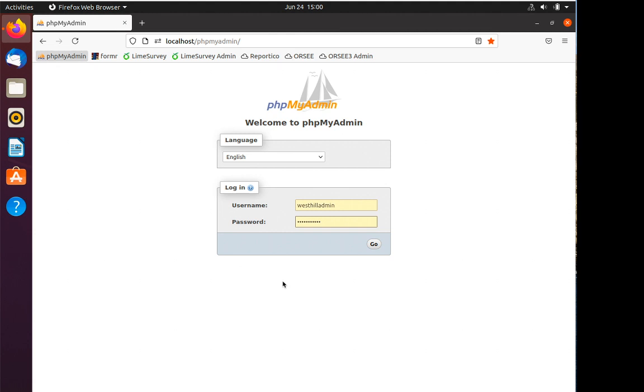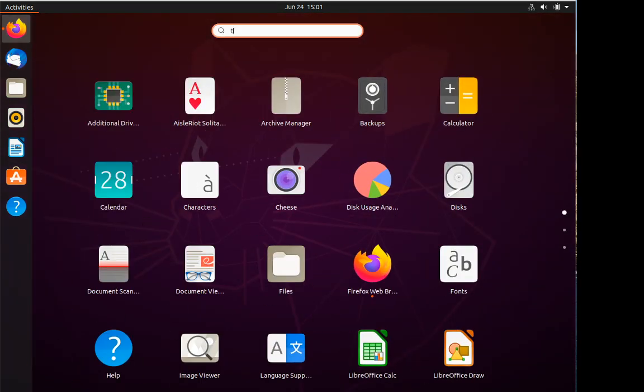So PHPMyAdmin is a web interface into a MySQL or MariaDB database server. Database servers, to those of you that are not really familiar with them, are essentially collections of spreadsheets. That's typically how they look. They're tables and tables of information. And so this tool allows you to get into them and work with them in a much more friendly environment. If you are not using a tool like this, you're actually using a terminal interface,